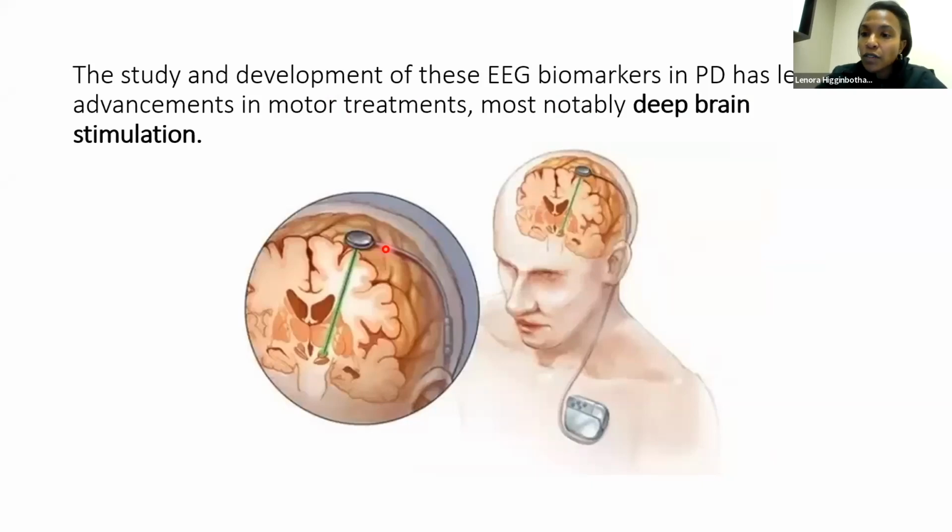Now, this is not used as commonly in cognitive disorders. There's not an FDA-approved deep brain stimulation treatment for things like Alzheimer's and certain dementias. But Parkinson's disease has had deep brain stimulation approved since 1997 for its motor symptoms. Okay. And what that is, for those of you who are not familiar with deep brain stimulation, it's actually the